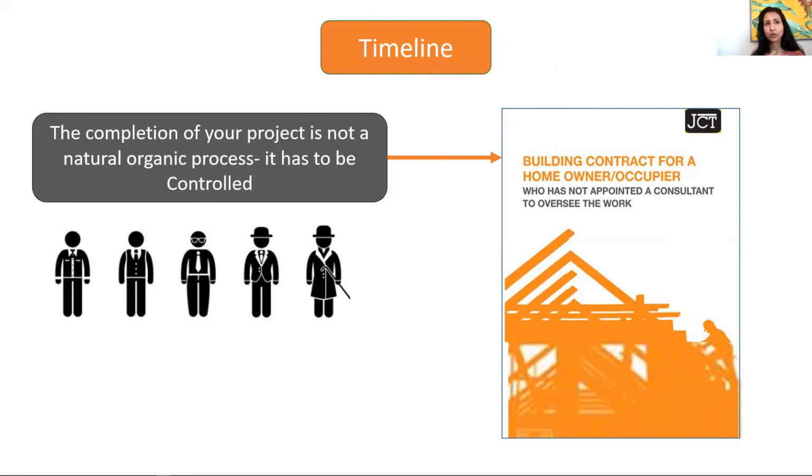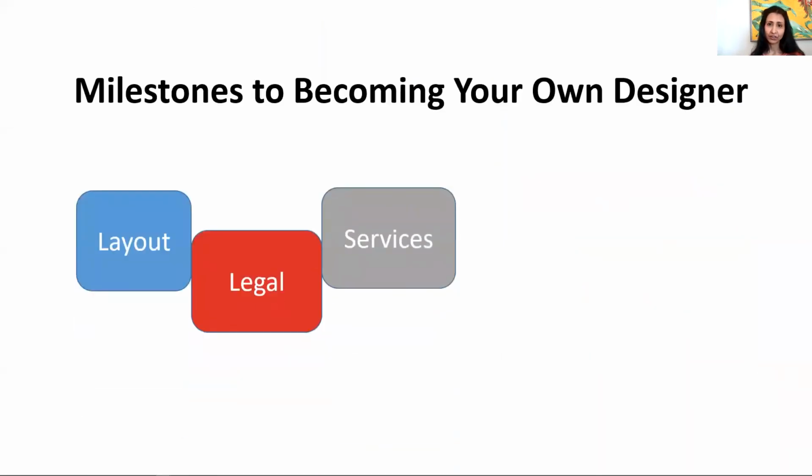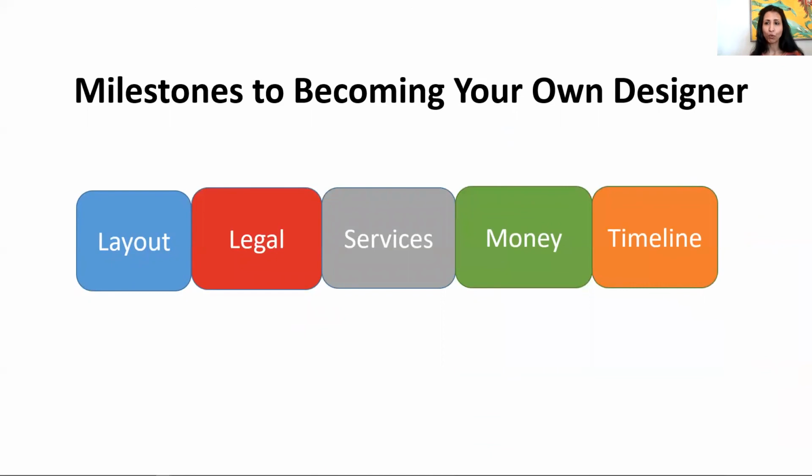You should also train yourself or have the ability to judge any changes that happen on site or are initiated by your builder or requested by your builder. And you should be able to correctly calculate the cost implications arising from those changes as it will have a bearing on your budget and your timelines. So those are the 5 things that you should know. If you can take care of these actions, then you can control most of the important aspects of your project,